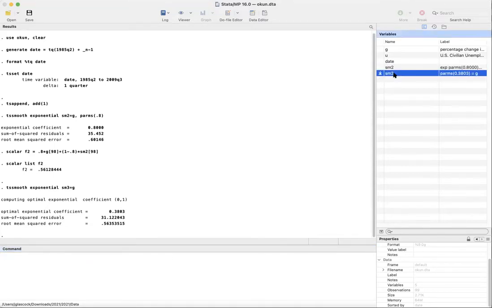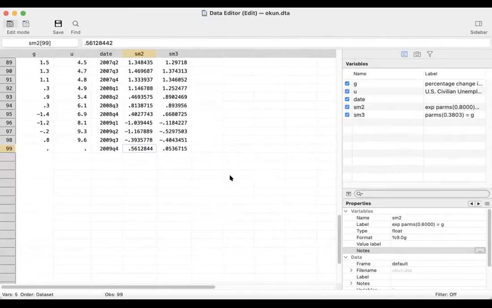You may notice in this window, we have SM3 calculated as well. So you can open the data window and have a look at the new variable. We have SM3, which uses a smoothing parameter of 0.38. SM2 uses 0.8 as the smoothing parameter. You can tell that by changing the smoothing parameter, the difference is quite large. Okay, now if you go back to Stata,